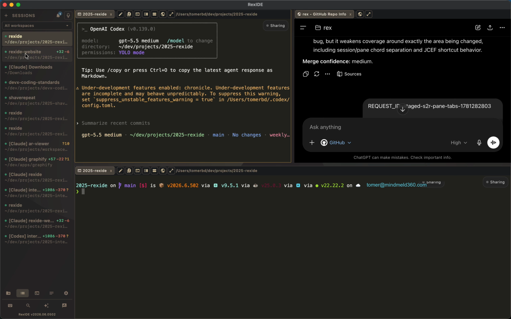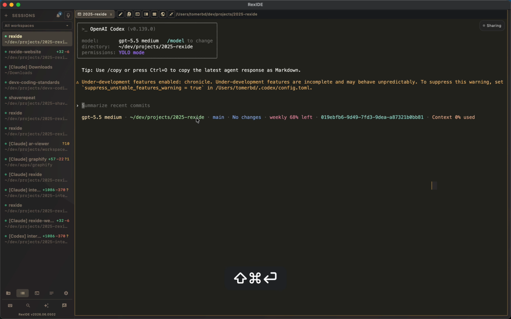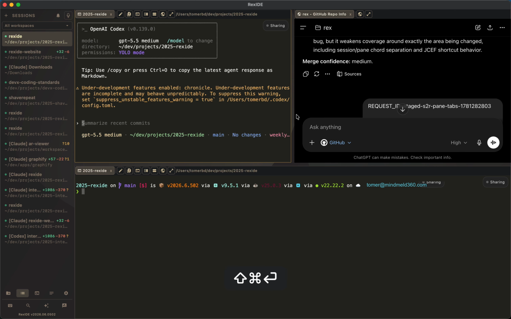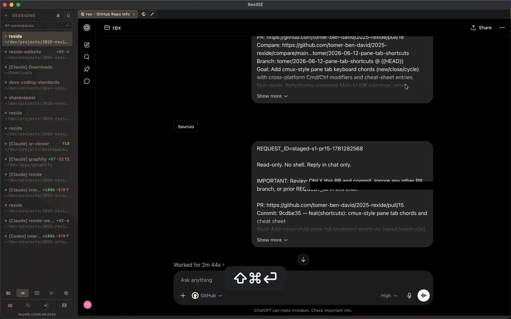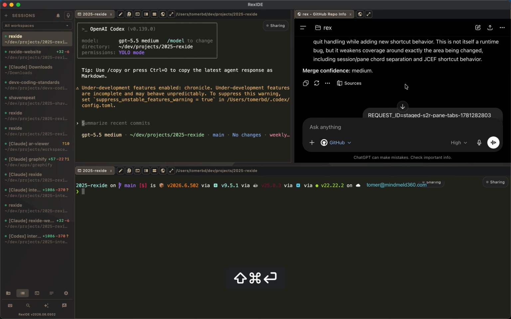So basically we have here on the left the various sessions that we have. Each session is a combination of terminals that we have and also browser, you see. Okay, so we have both terminal and browser. The first keyboard shortcut is Command Shift Enter. If I'm on a panel, then I'll hit Command Shift Enter and it would maximize the panel. And the same goes to a browser. If I'm on a browser and I hit Command Shift Enter, it would maximize it, right?